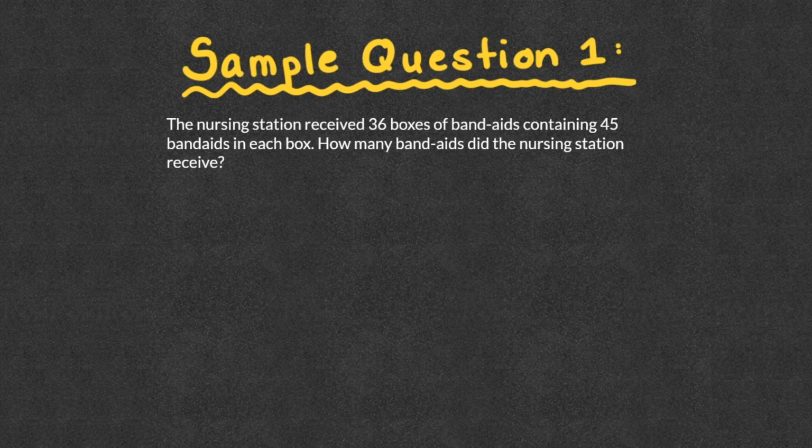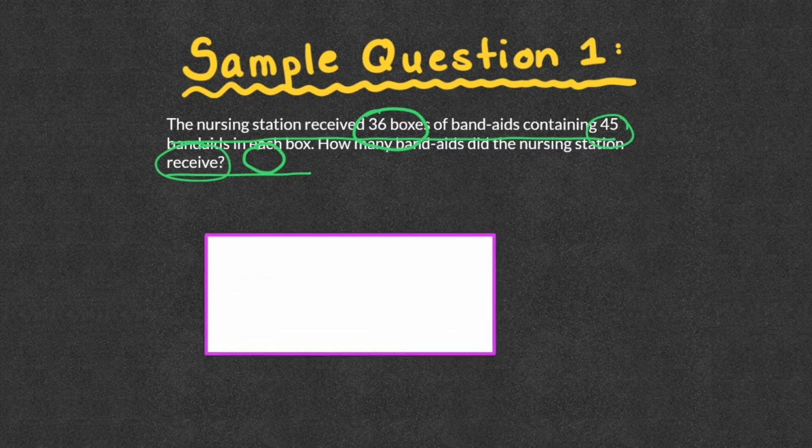So again, we're going to go sentence by sentence. If we look at the first one, the nursing station received 36 boxes of Band-Aids containing 45 Band-Aids in each box. So I'm going to visualize. I see each box, and there are 36 boxes, and I know in each of those boxes there's 45 Band-Aids. So the way that I visualize this, and some of us may be more visual than others, if I have this here,